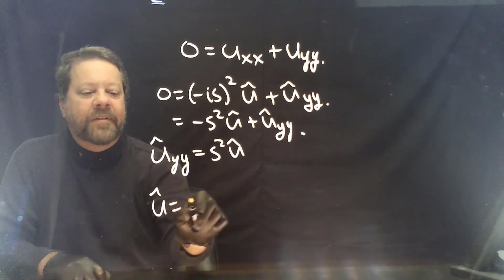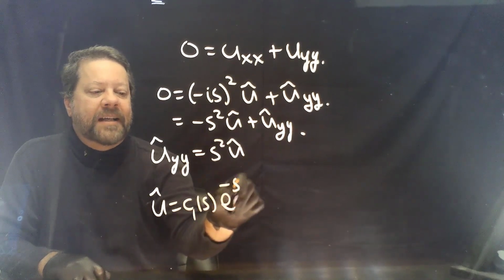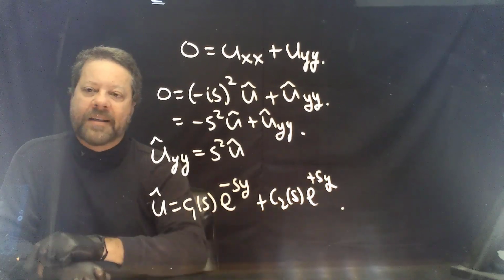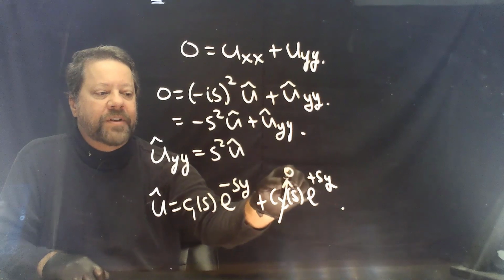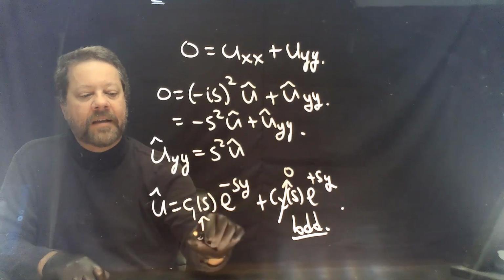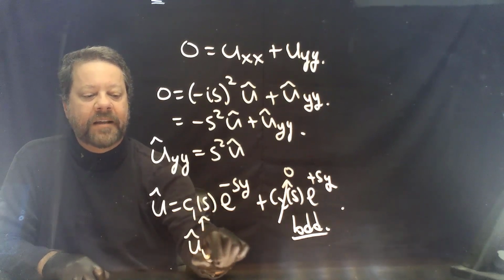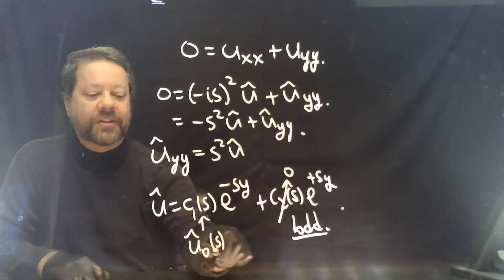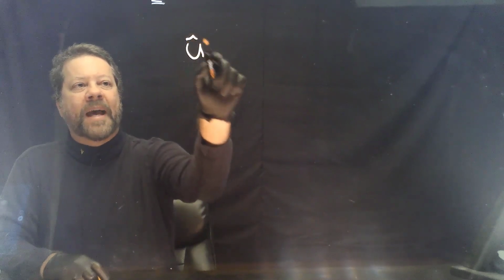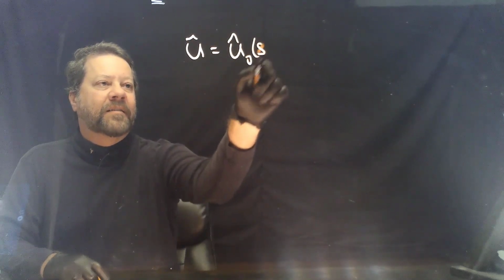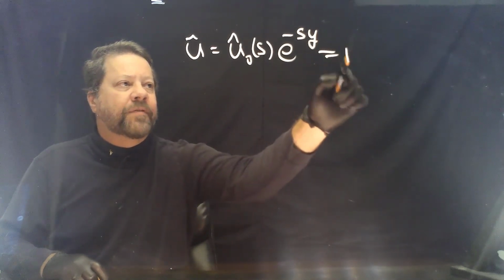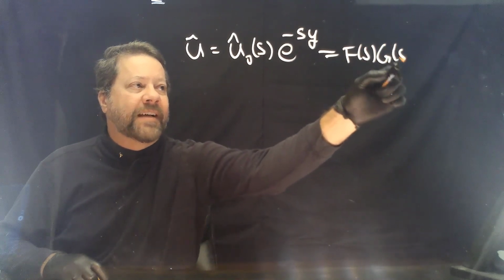So we end up with c1 of s e to the minus sy plus c2 of s e to the positive sy as our solutions. And the second coefficient must in fact be 0 by considerations of boundedness. And this first coefficient ends up having to be the Fourier transform of the initial data. So we have then u hat is u hat naught of s e to the minus sy, which is